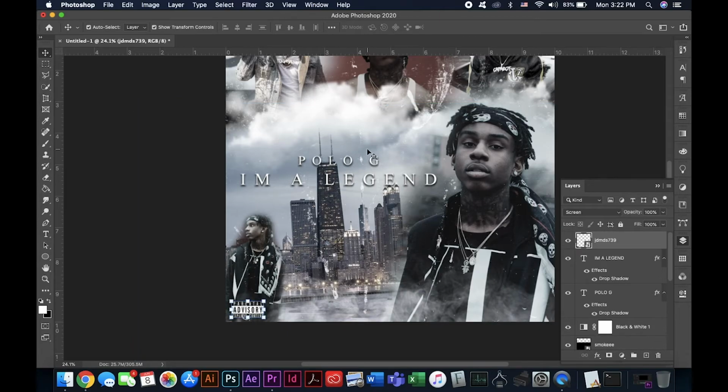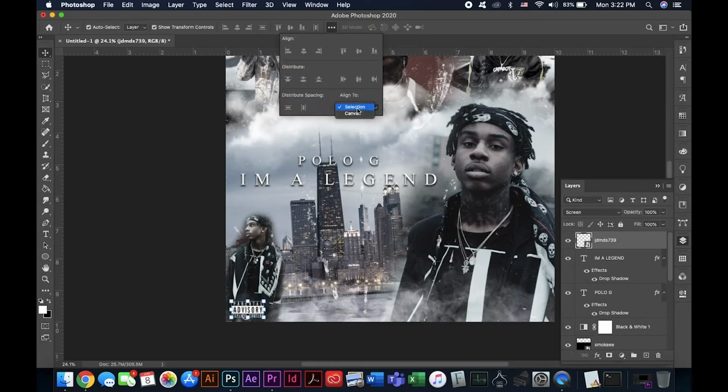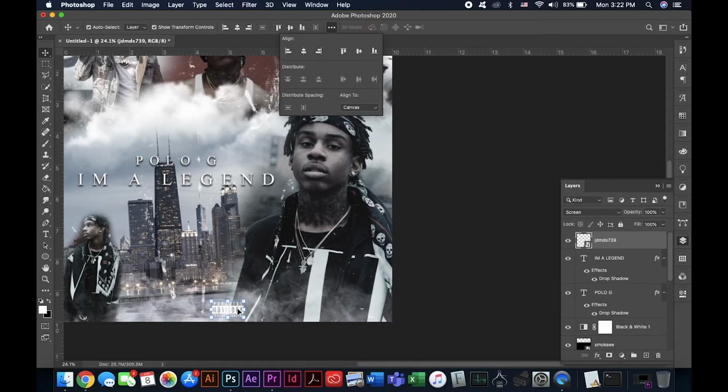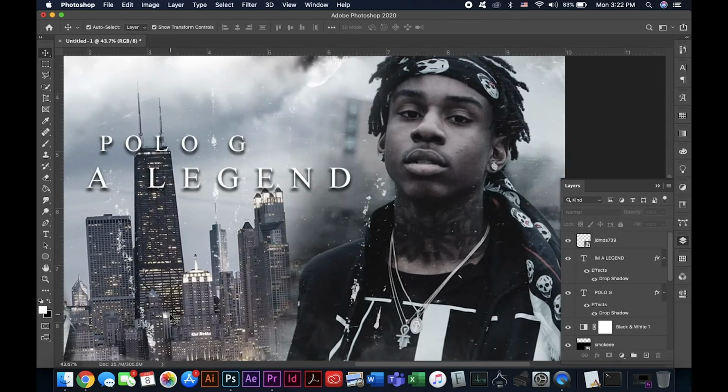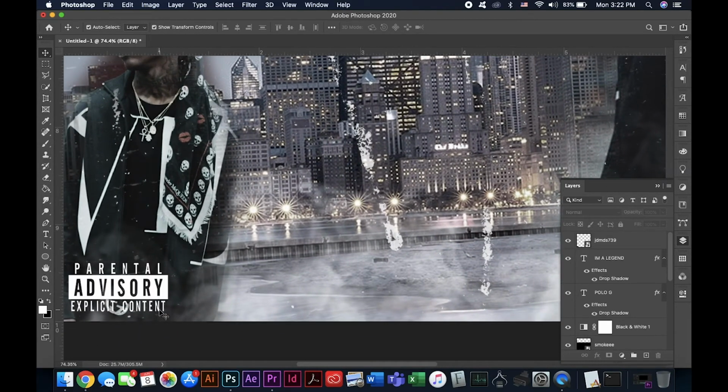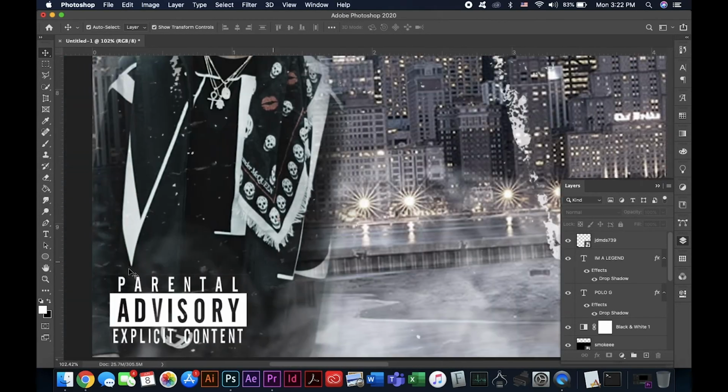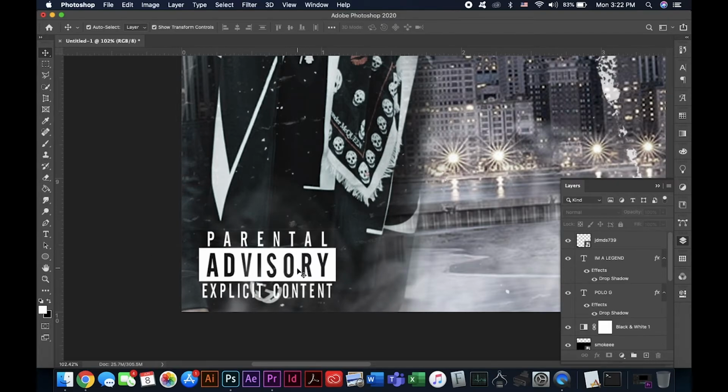You know what? I might actually put this in the middle. So make sure it's on the canvas now. Just bam. Oh nope. Yeah, you know what? We're just going to keep it over there. And you could, yeah, just like that. Or if you want to add a drop shadow onto here to make it pop out more,